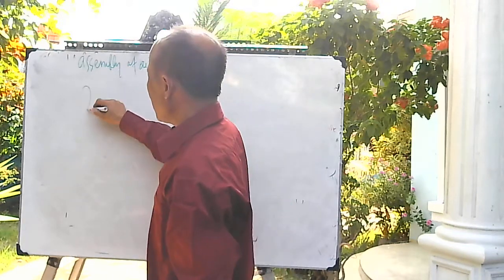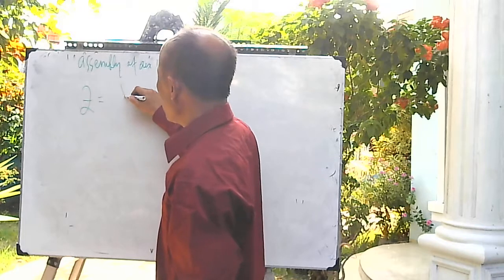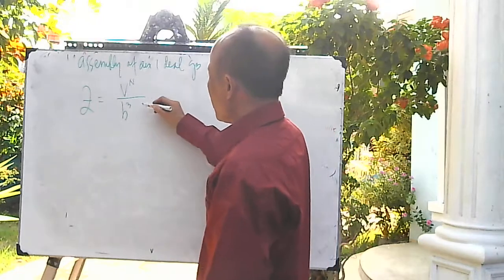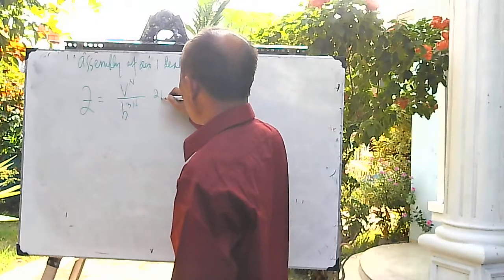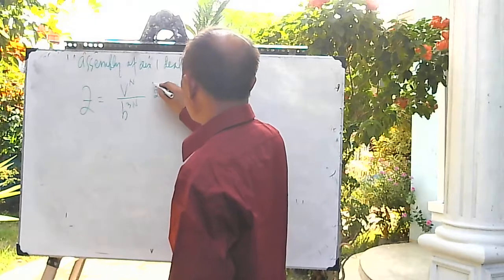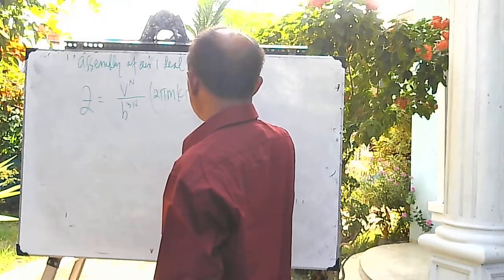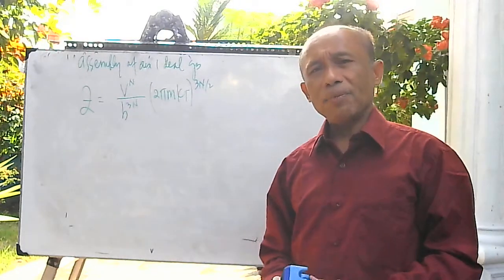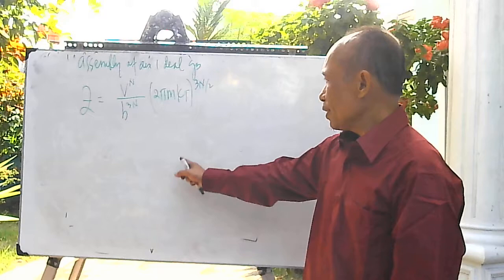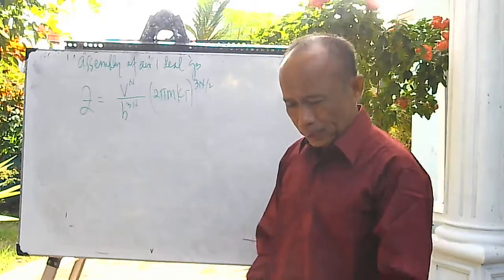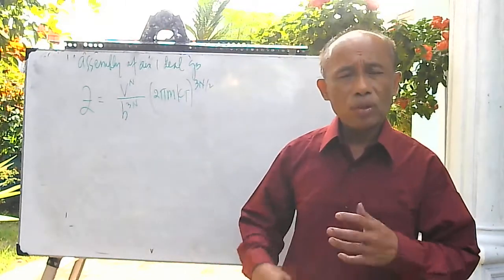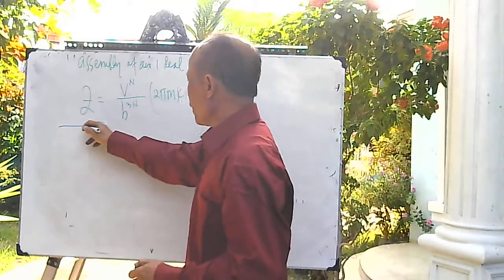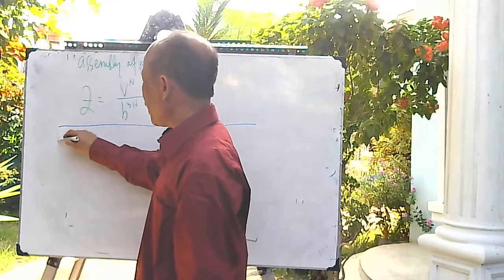The partition function is Z = V^N / h^(3N) times (2 pi m kT)^(3N/2). This is the partition function of an assembly of ideal gas. We have derived this, and from this partition function we are going to determine the macroscopic properties of the ideal gas. First, we will calculate the Helmholtz energy,